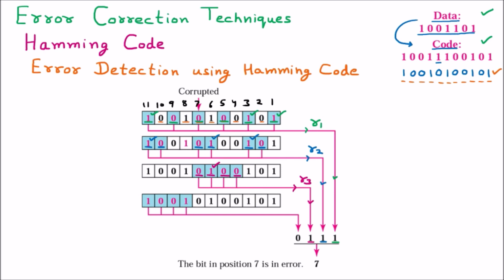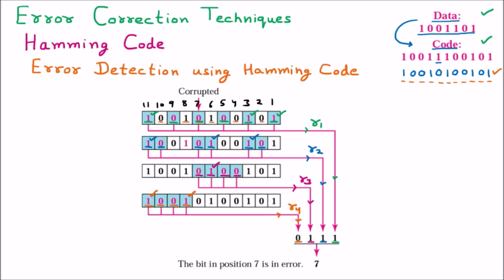Now talking about the next redundancy bit, which is R4, and we know that R4 is going to take care of the 8 consecutive bits. Now it will start from 8 here, 1 2 3 4, but 5 6 7 8 is not available. So it will take care of these bits only. Now from here it is going to find the number of ones. So 1 and 2, 2 ones are there, that means even. If it is already even, R4 is not going to add 1, it is going to add only 0.